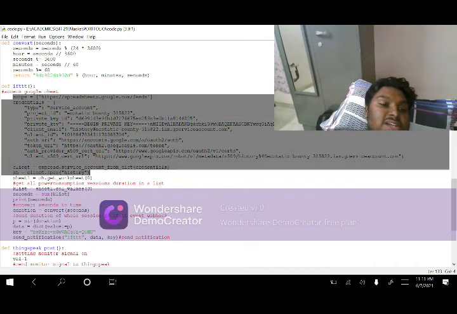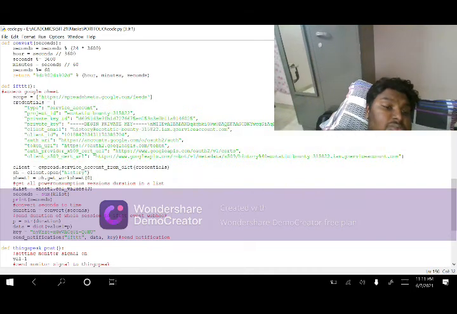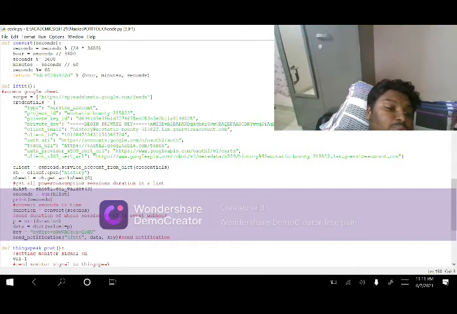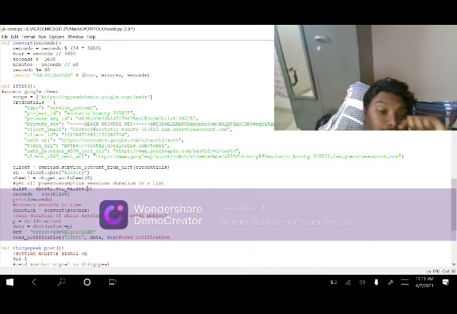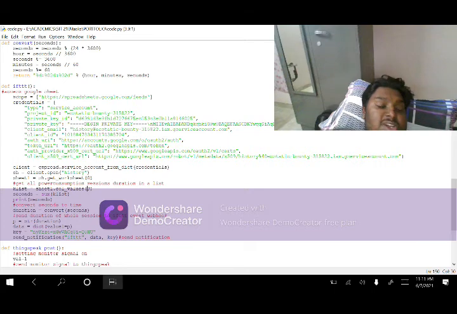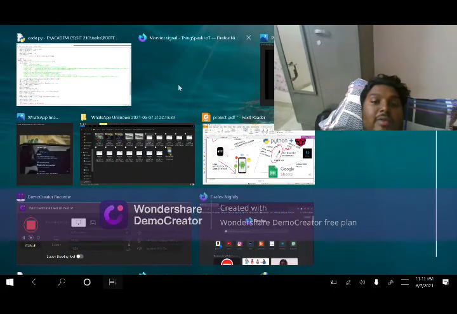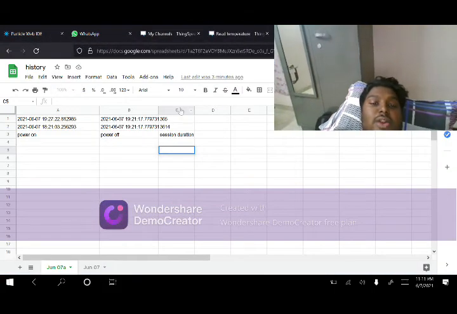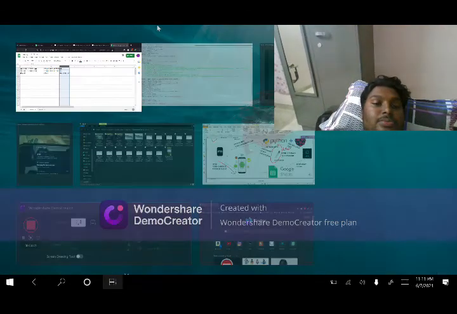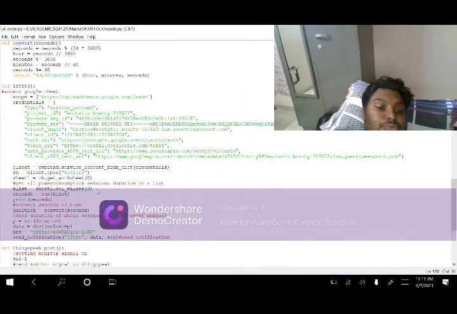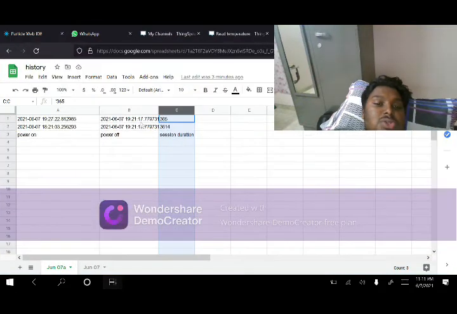Using all the credentials, it accesses the Google Sheet, and klist is equal to sheet1.column values. Basically what this function does is, it gets all the values in column 3, and once it is done, I will be summing up all these values.